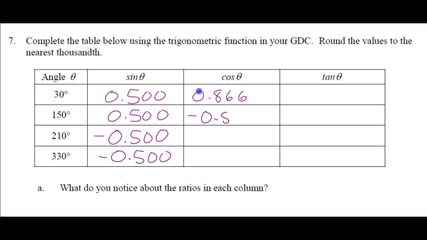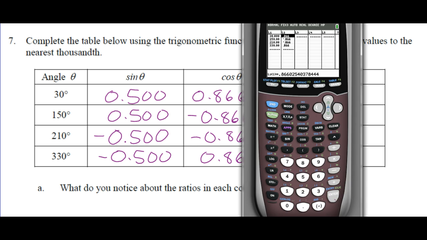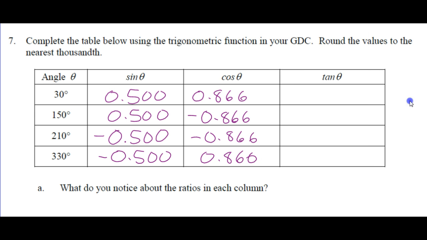Negative 0.866. And if you're not doing that, then just use your calculator. Go sine 30, write it down, sine 150. Okay, here, negative 0.866. So you're just copying this out of your calculator. And 0.866. Okay, now go up here and do what? Go tan, second function, L1. Hit enter. Okay, 0.577, negative 0.577, so